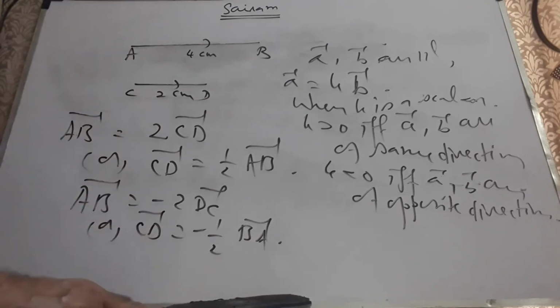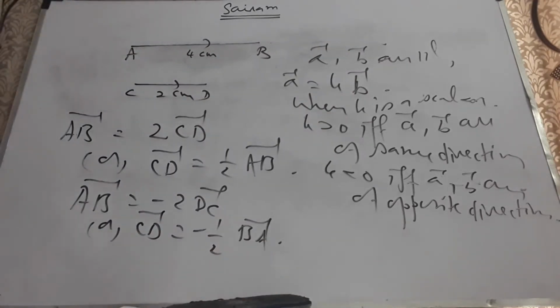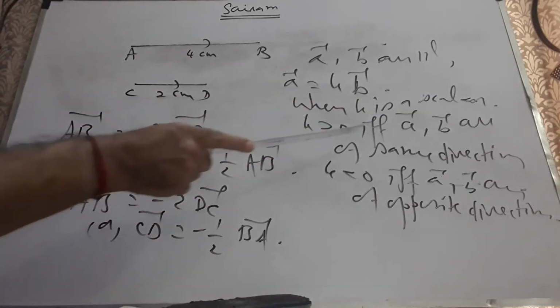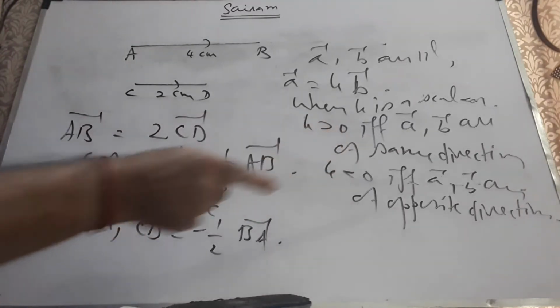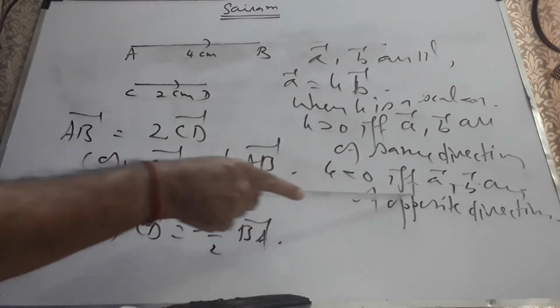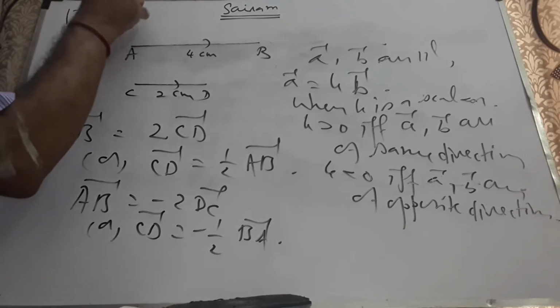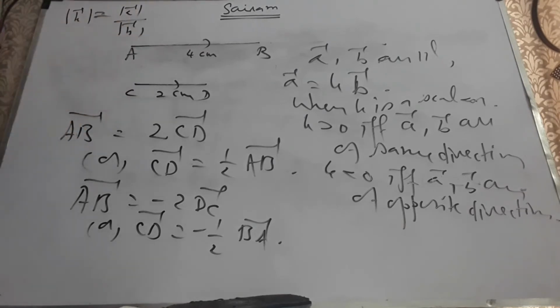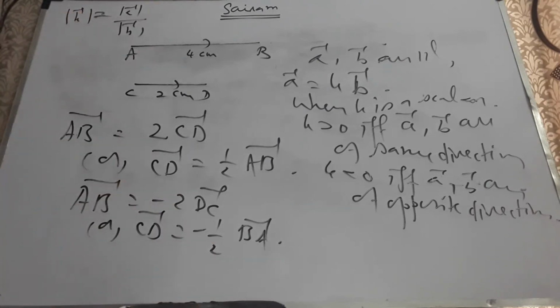Now, in general, I can generalize this. a vector and b vector are parallel if and only if a vector can be written as k times b vector, where k is a scalar, and k is positive if and only if they are of the same direction. If k is positive, they are of the same direction. If k is negative, they will be of opposite directions. That's the real meaning of this if and only if property. Also, you can very well write modulus k is equal to modulus a by modulus b, because your k can also be negative. Therefore, I write it as modulus k, which is given by modulus a by modulus b vector.